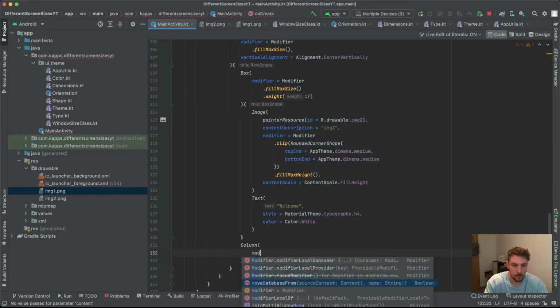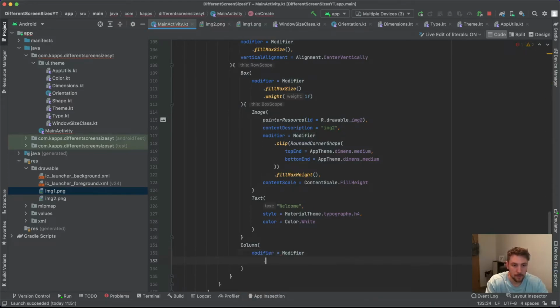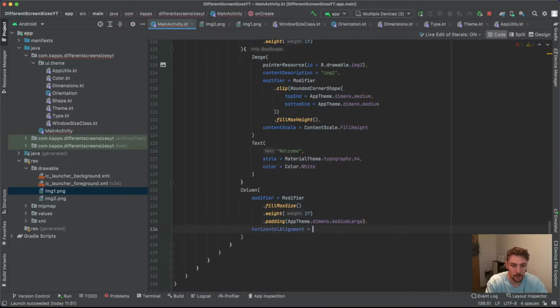Alright, now let's go to this column here. Here we will have a modifier fillMaxSize, and the weight will be 2f, so the column will be more expanded than the box up here, which has the weight 1. So this column is more weighted here. And we will also have a padding in this column, AppTheme.dimens.mediumLarge,